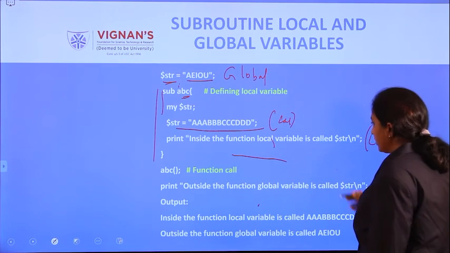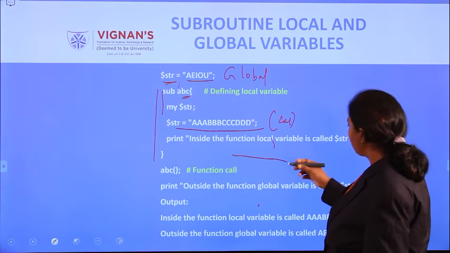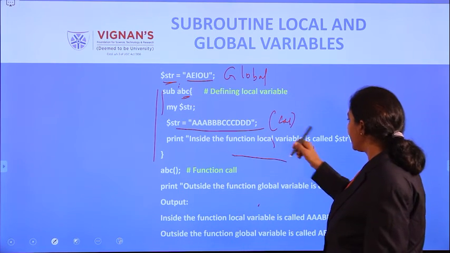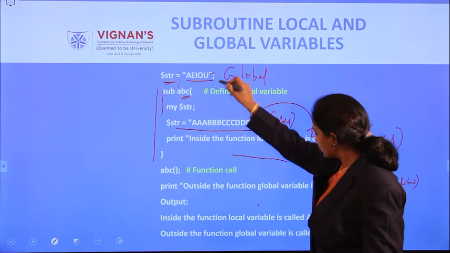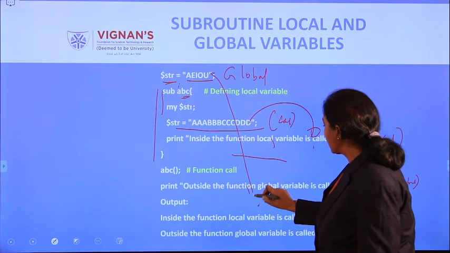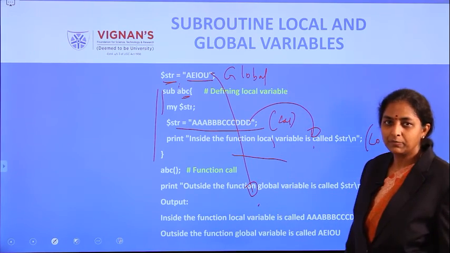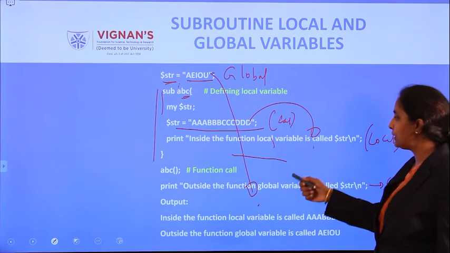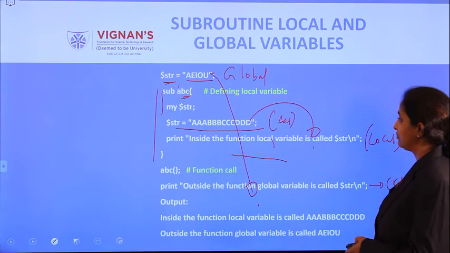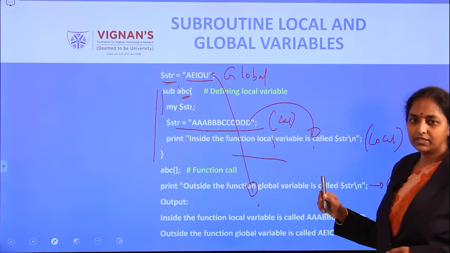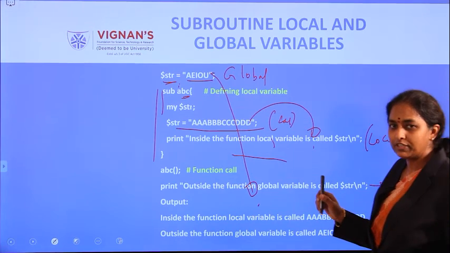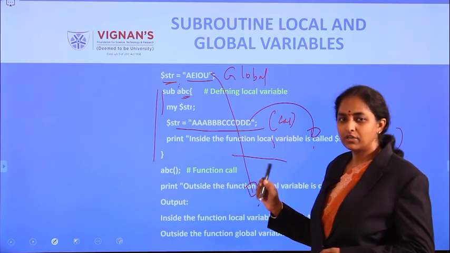So this is the global, this is the local. This is the important point: when you are creating and operating on variables, you must be cautious.